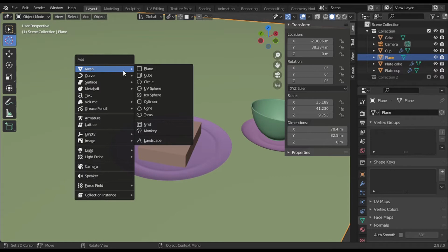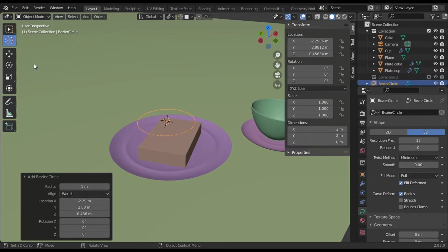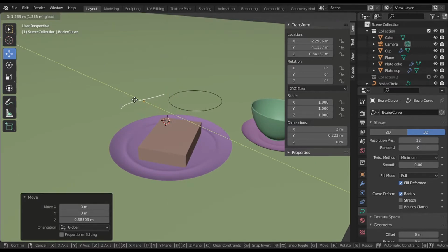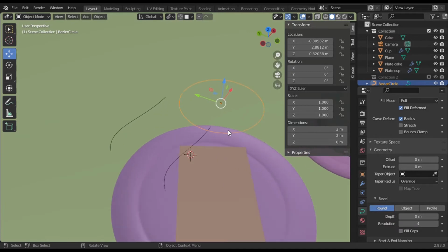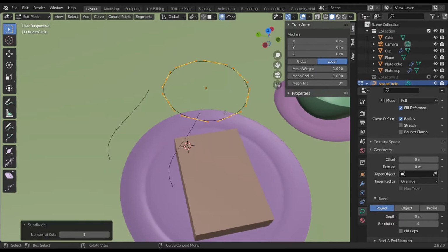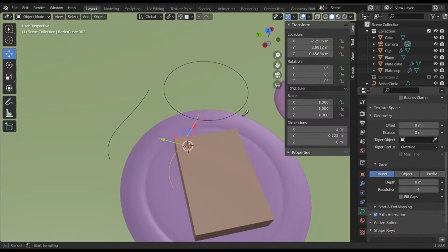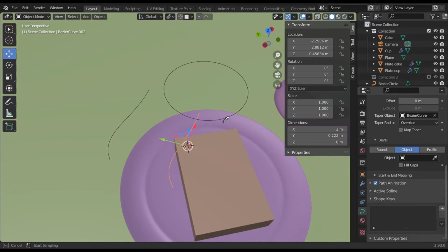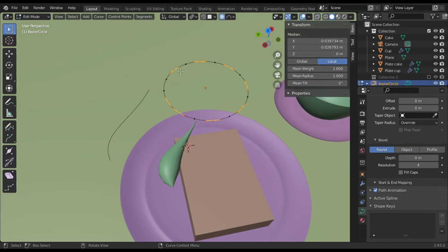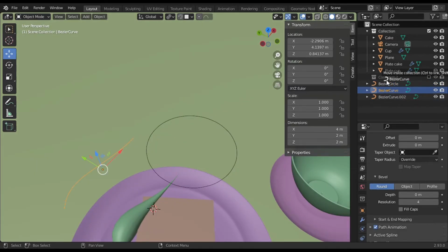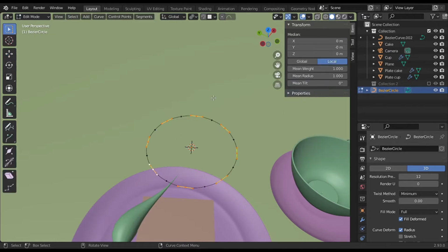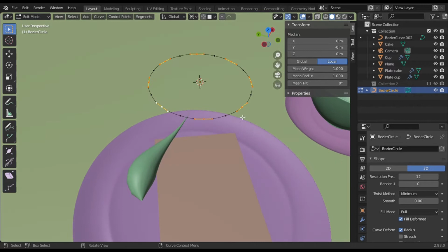And I'm gonna make the cream on top of the cake using a Bezier curve and a circle to shape it. Scale it until you like the shape of the cream.